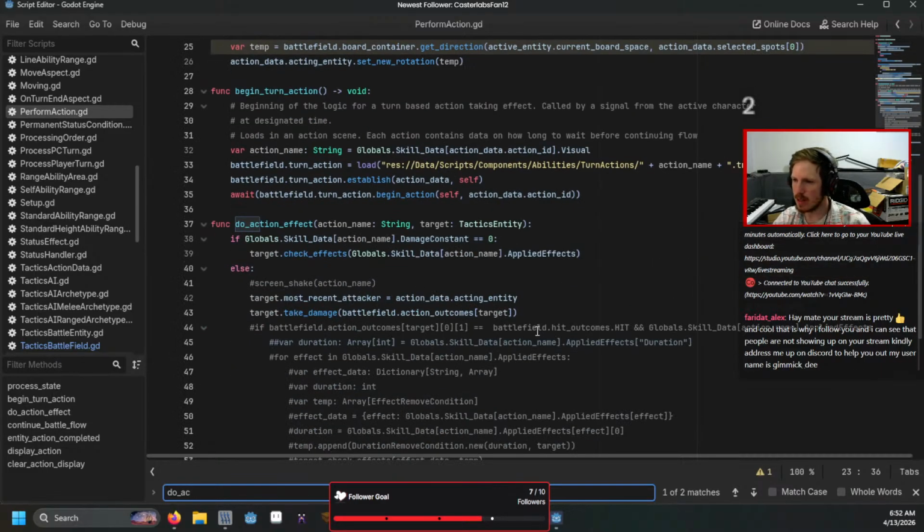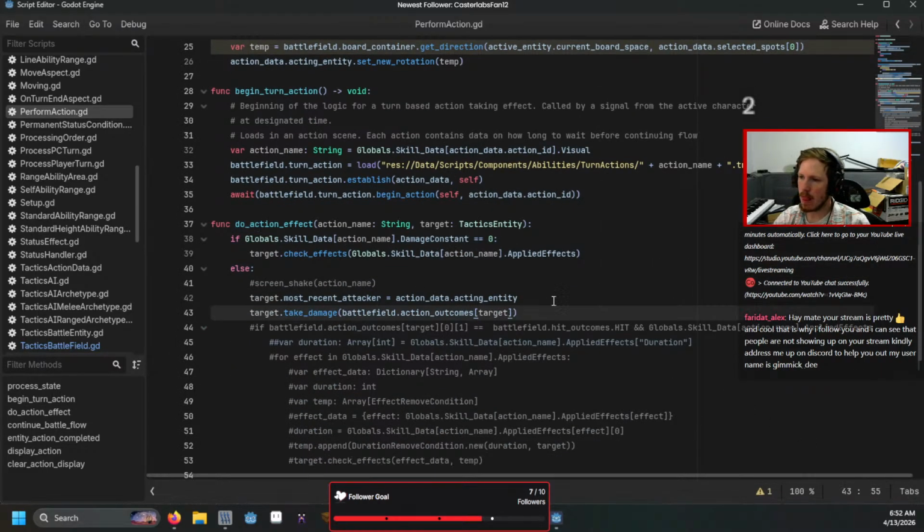It is. There it is. Okay. So, this is your basic damage ability. This is if it's just a status effect. I also need to do